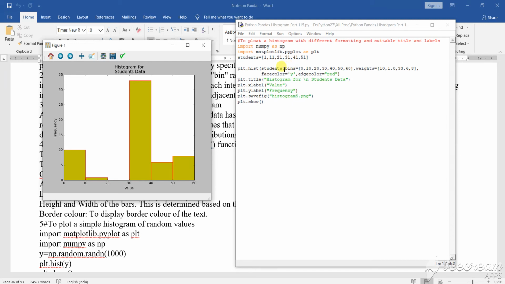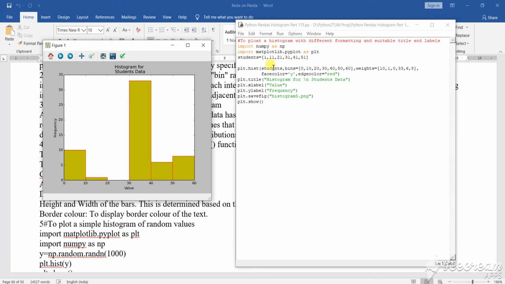What you have to remember is that if you are drawing a histogram in Python, you must use the bins. Means the frequencies that it is going to use from the low level to the highest level. So low level is 0, highest level I have given 60. So you cannot give 0 comma 60. You have to say what their frequencies are. They will come 10 times, 20 times, 30 times, 40 times, 50 times, 60 times. So these are the things that will come, and they will be arranged on it.